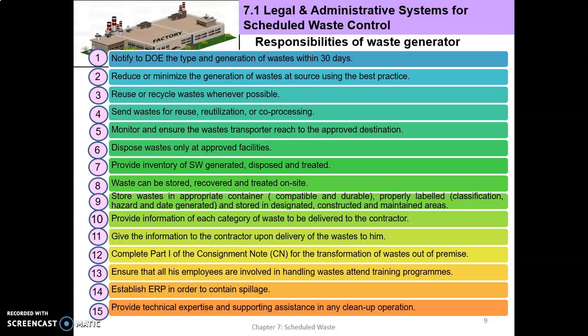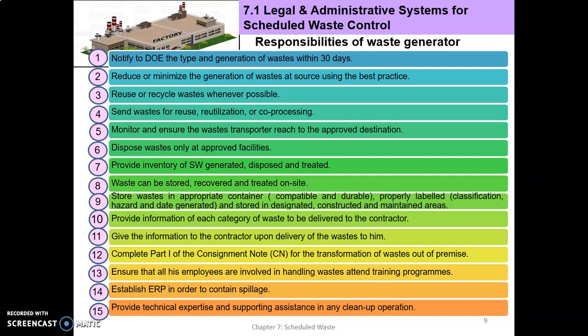Monitor and ensure the waste transporter reach to the approved destination. Dispose waste only at approved facilities. Provide inventory of scheduled waste generated, disposed and treated. And then the responsibility also, the waste should be stored and recovered and treated on site. Store waste in appropriate container. And then after put in appropriate container, you must provide information for each category of waste and give the information to the contractor. Okay, and then by complete the consignment note